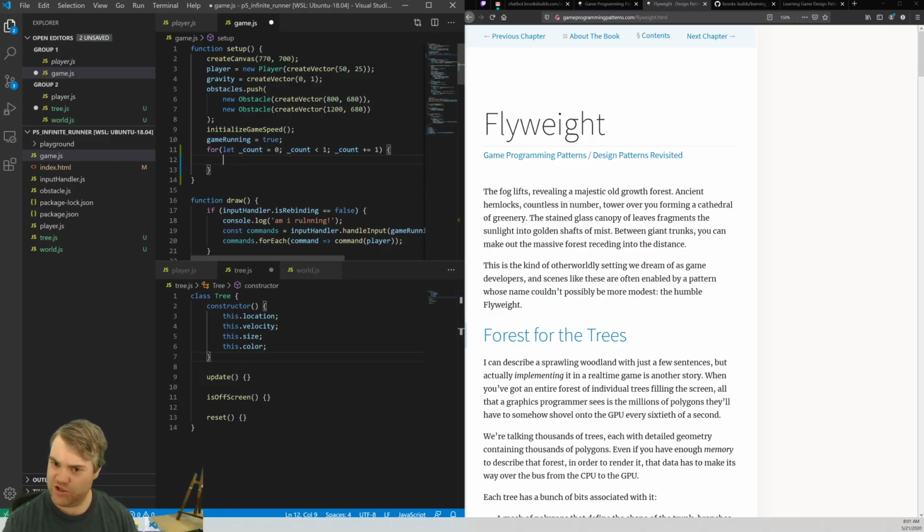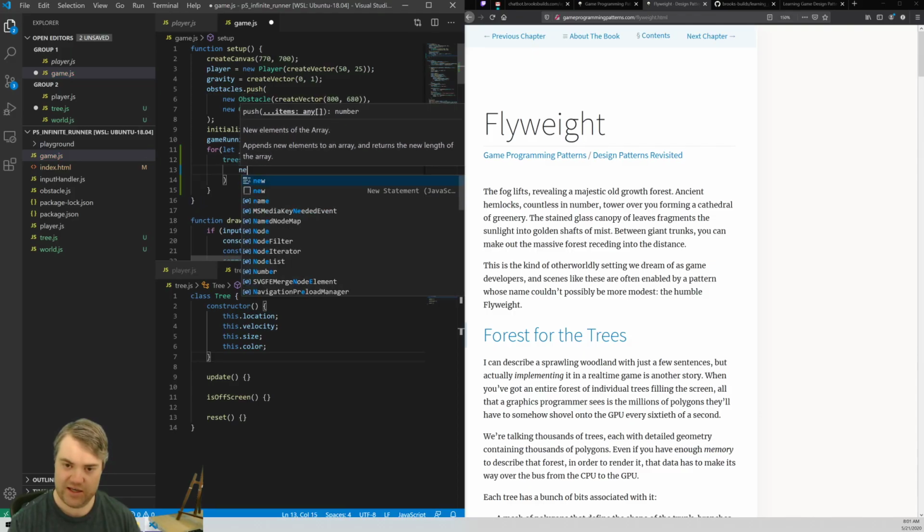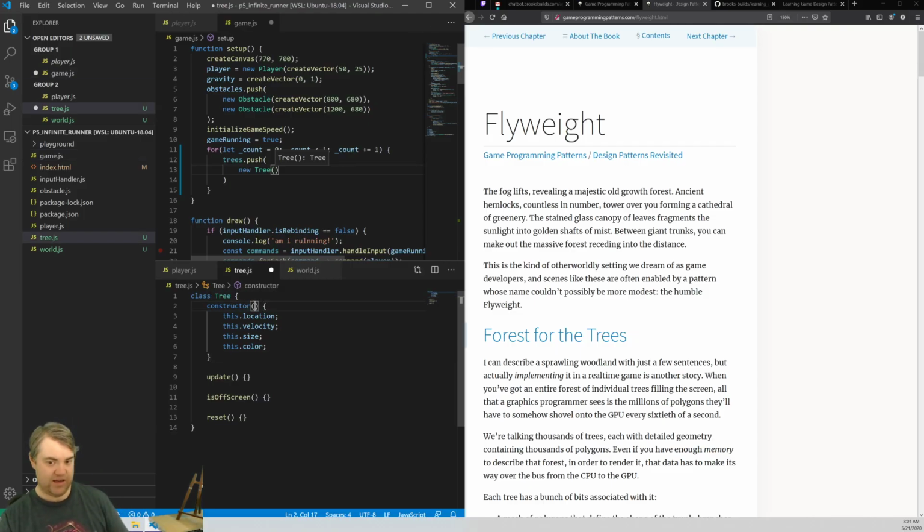Okay, so we should have one tree being created here. Let's now trees.push. We're going to create a new tree. So we can do this new line, new tree. And if we look down at the tree, it's not taking in anything right now. But we're probably going to want to create the location for the X and the Y. So if we just say X and Y is,